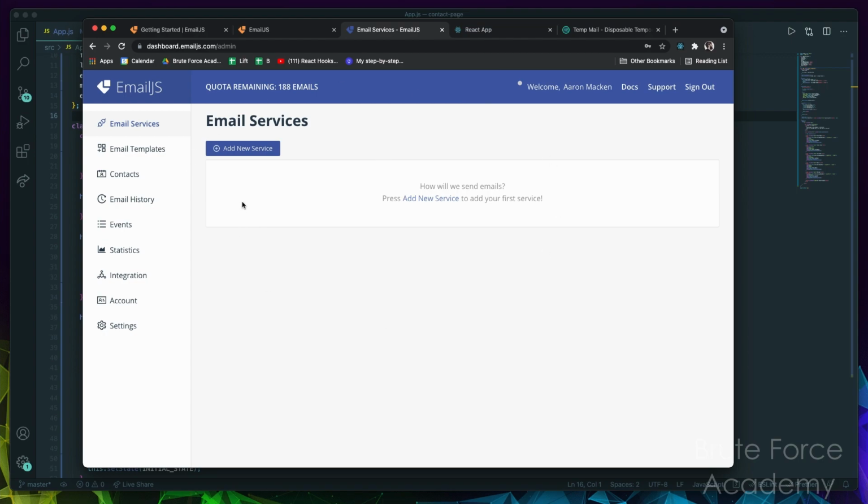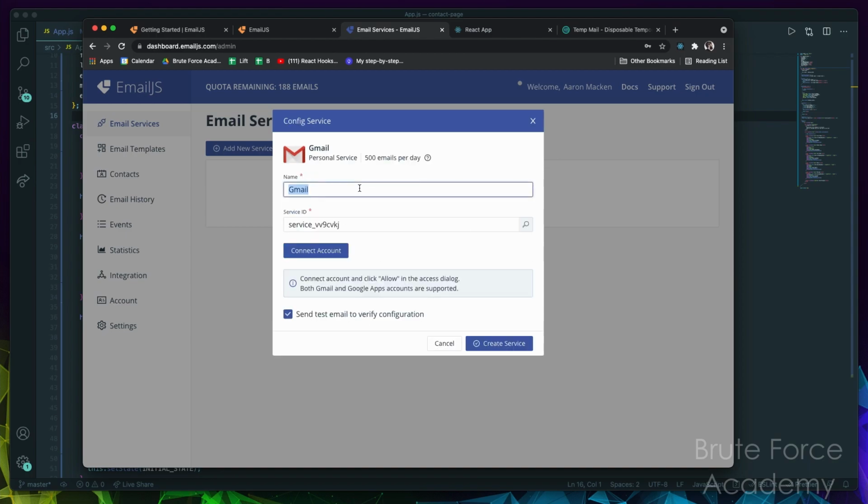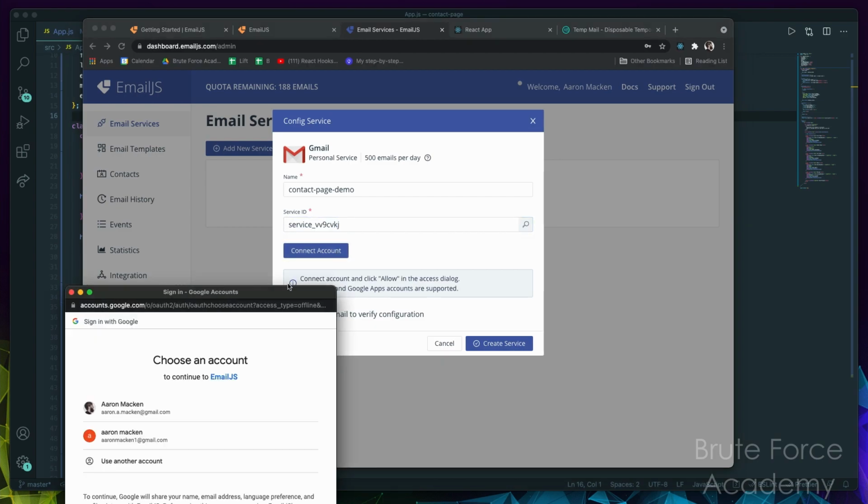this page right here, okay, and what you can do is just click on Add New Service, okay, and they basically ask you, what email service are you using, so if you're building this for a client and they're using Yahoo, then that's one you would choose. I'm just going to go ahead and click on Gmail right here, okay, and I'll call this contact page demo, okay, and there's a bunch of IDs that we're going to have to use in order to get this thing to work, okay, so just take a note of this service ID right here, and if you don't, we'll see how we can find it later, okay, and then we'll just go ahead and click on connect account, okay, and